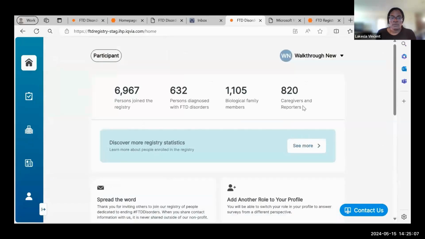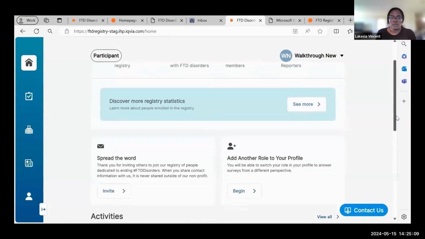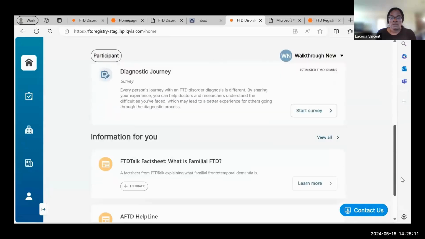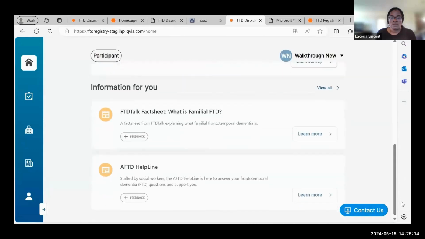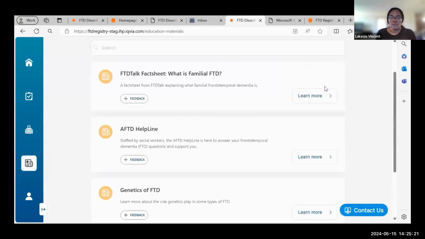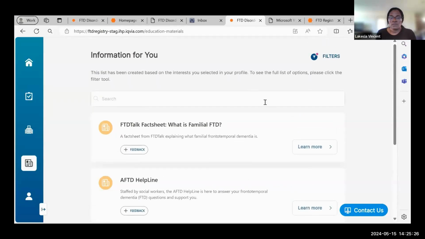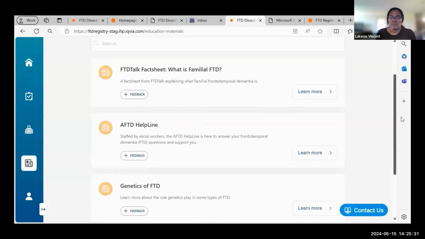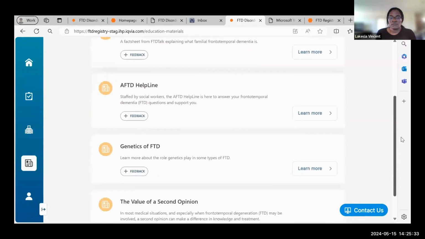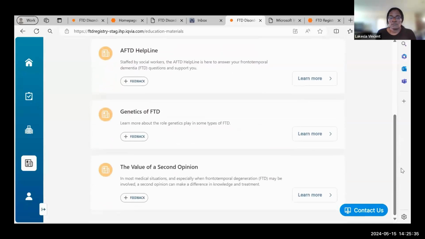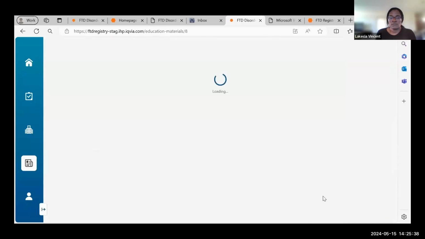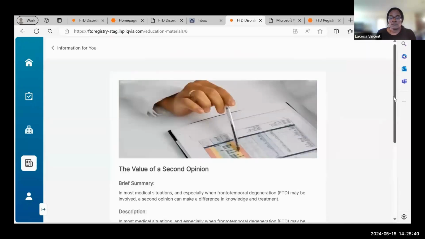Okay, clicking on that house is just another way to get back to your registry dashboard with all those highlighted information, your activities. We have not looked at information for you, so if you click view all there, it will expand all of the information that's available for you. Again, this is in your dashboard based on the interests you picked when you registered. You can change those at any time to reflect new interests or as a diagnosis changes. Again, it's your preferences, and we want you to see what you want to see.